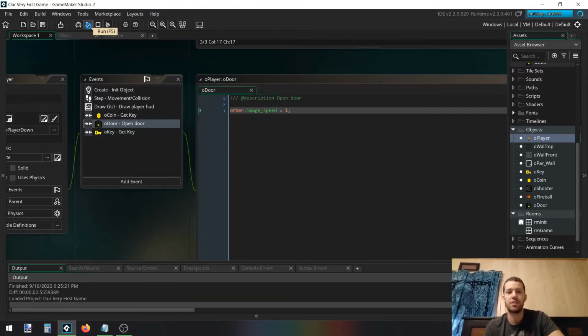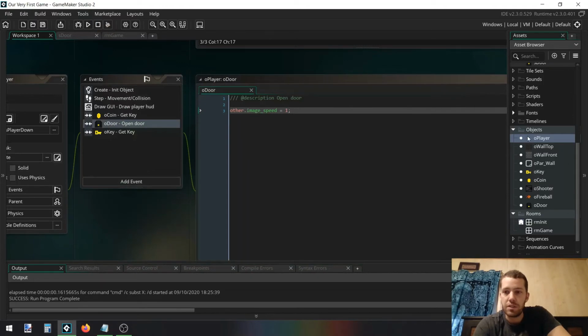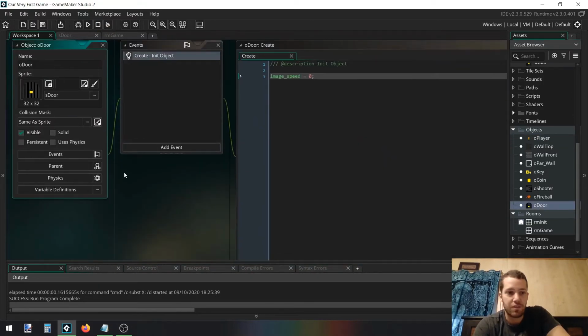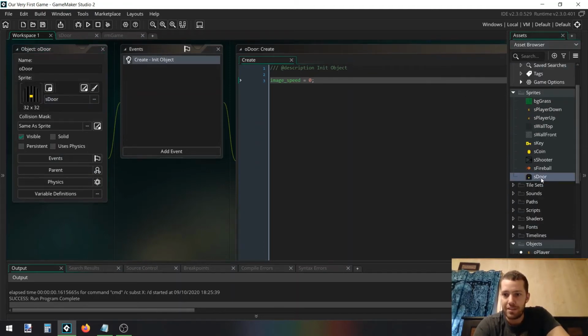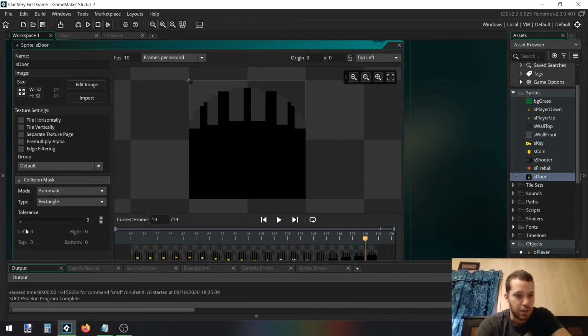I just want to make sure that that collision event works because we've placed that door on a wall object, which means we might not be able to get to it. So let's just avoid those fireballs, walk over here, and yeah, that's what I thought would happen. But what we could do, and this would be a pretty quick fix, nice and easy for just bumping into an object, go to that oDoor sprite. We're going to go to sDoor. Let's change the collision mask to manual, and let's drag,